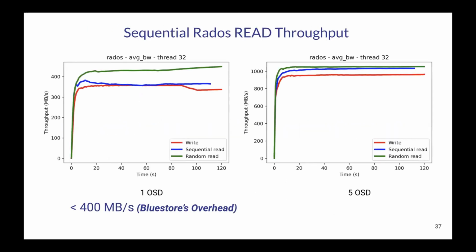Then we deployed vanilla Ceph on that, and we found that the peak throughput of a single OSD deployed on a single block device was less than 400 megabytes per second, and that is assumed due to the